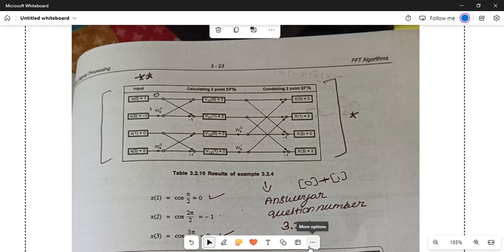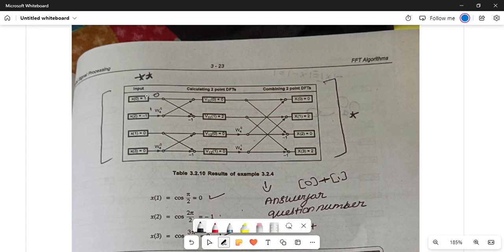Okay, so fourth one here, right? Okay. So here you can see that this is my x of 0, which is equal to 1, right? Yeah, this is my x of 0, which is equal to 1, and this is x of 2, which is equal to minus 1, x of 0 and x of 3. How this is possible is bit reversed order. I just told you that for 0 it is 0. I just told you that for x of 1,